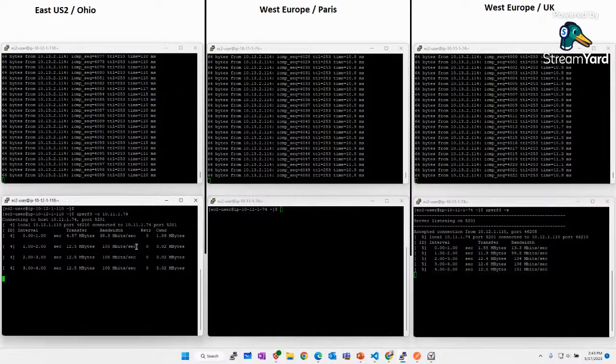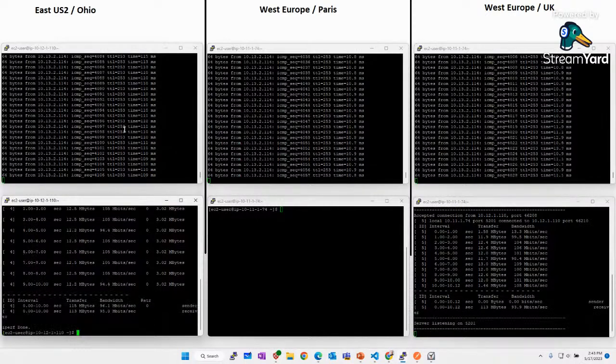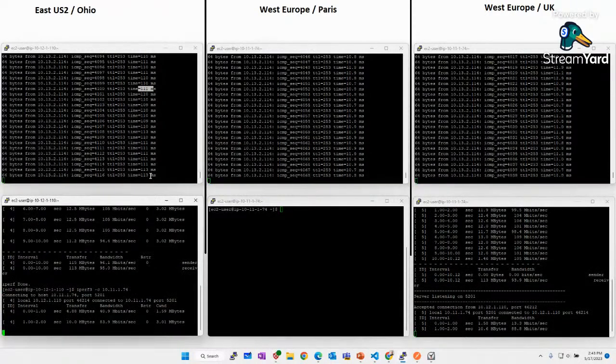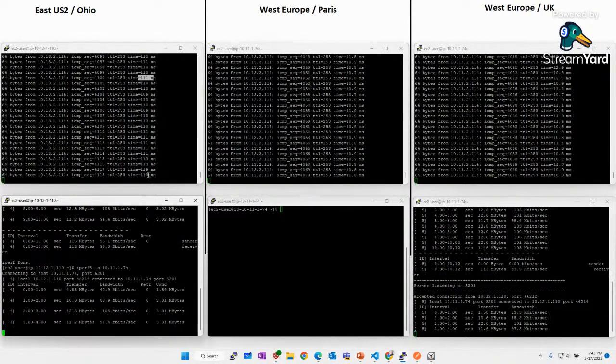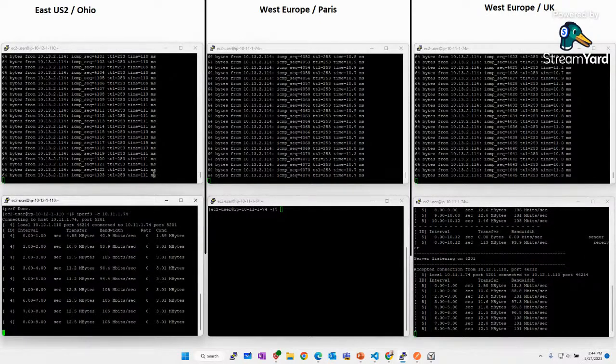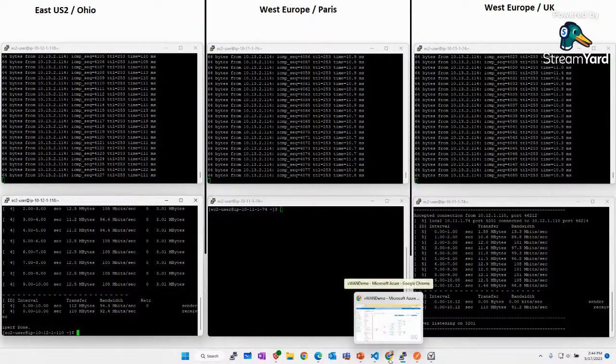105 megabit per second between Ohio and Paris, and it's stable, what you can see here. And without a delay, or with a minimum delay, here in the ICMP time. So you can see here once more, it's not changing. It's a little bit different, 130, 111 milliseconds. It's nearly the same without a delay.